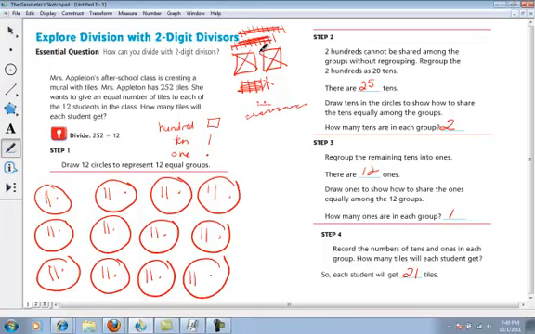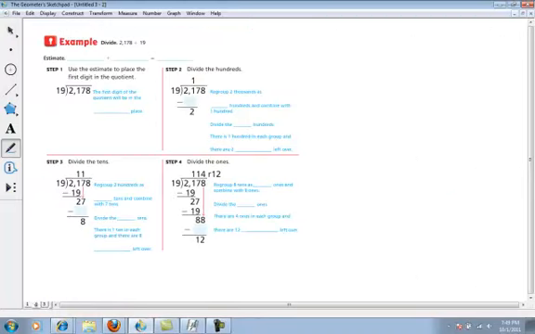Now that's one way that you can explore division with two-digit divisors. You can divide by using a quick picture, and that's a great strategy. But sometimes our numbers are pretty large. And so I'm going to show you another way that you can divide with two-digit divisors. Let's look at the problem